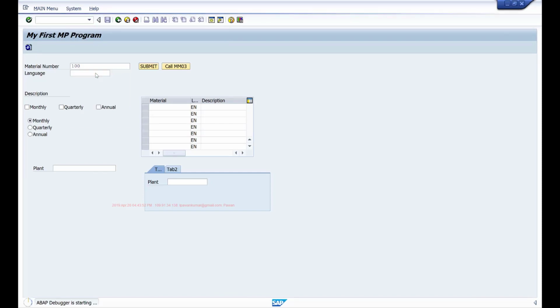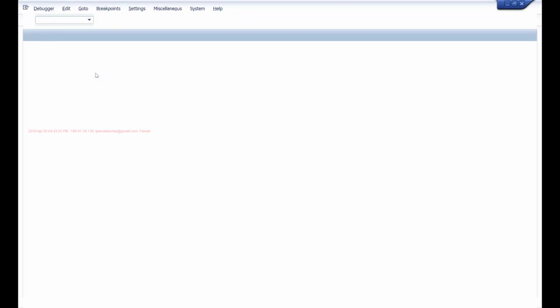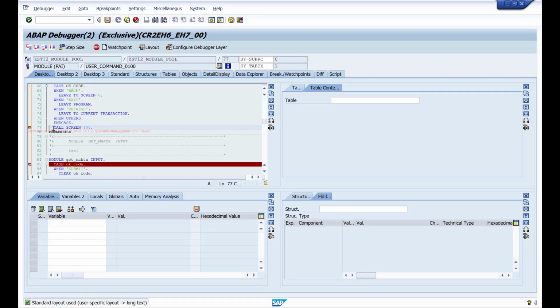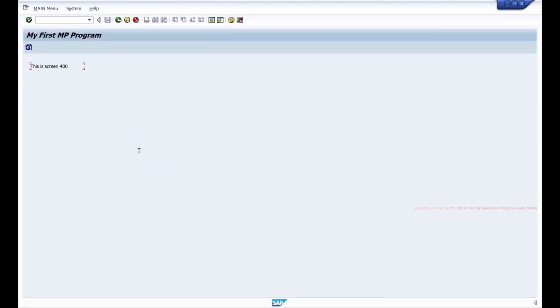When I hit enter, it is executing this statement. When I execute this statement, it immediately goes to that screen. So it is ignoring all the remaining modules in my flow logic and going and executing the PBO of this screen that we are calling and then displaying that screen.